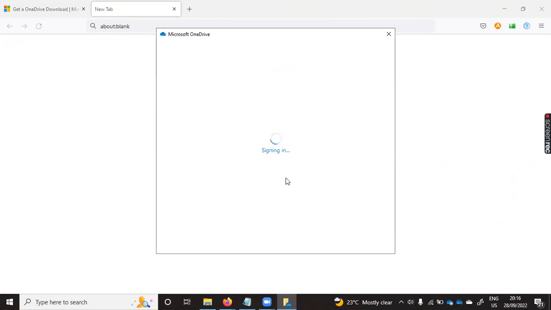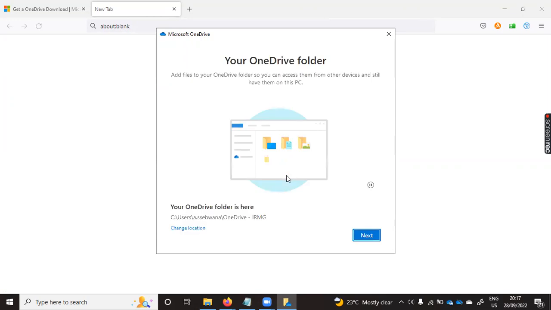So I've already entered the password, so it is taking me to the next step. So now I'm going to the next step as I wait for it to sign in. The sign in process should take a short time, of course, depending on your internet speeds, but it should be just straightforward. Yeah. So now, once you have signed in successfully, the next step is